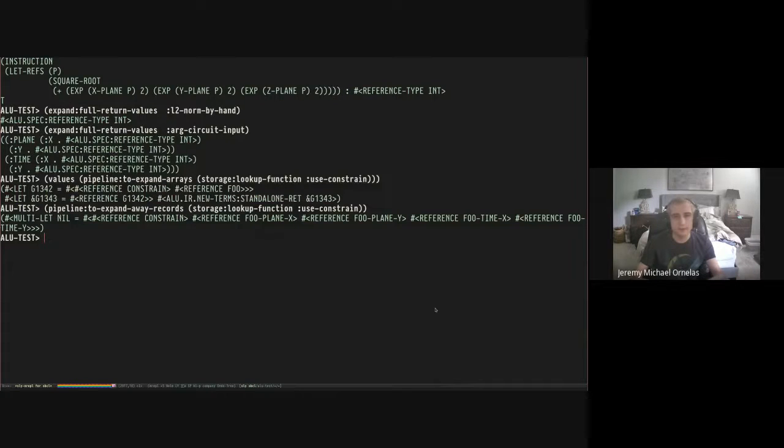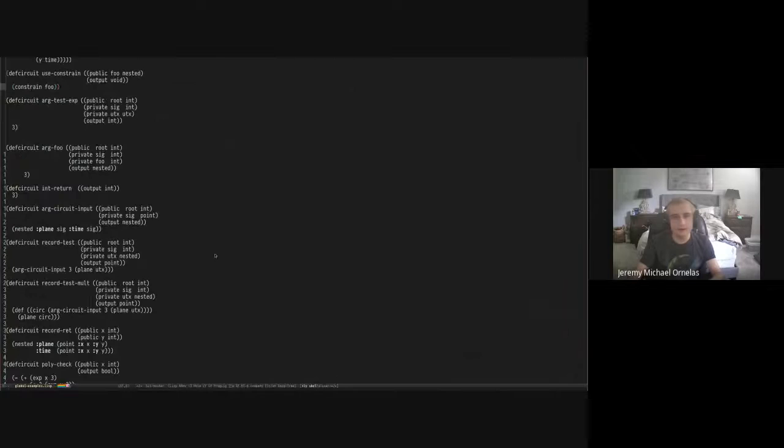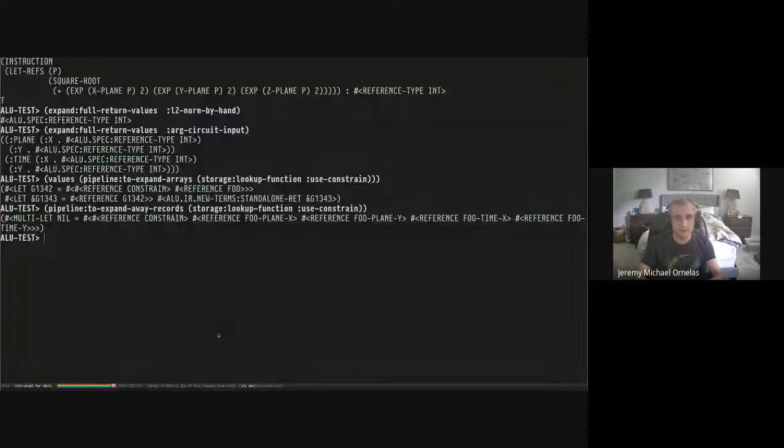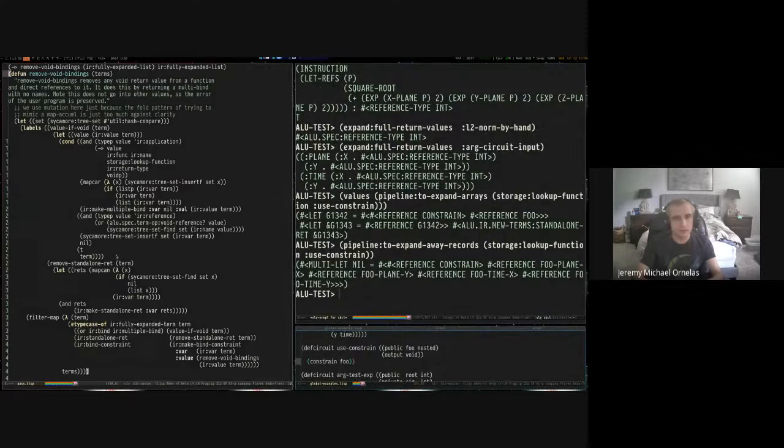Also, you notice that in this case, this actually shows off other expansions, because constrain takes a nested type. Foo is nested. We expand it fully in the application. So we actually get to see the behavior of, oh, hey, look, the expand argument literally does expand the argument into its constituents here. So you can see that at work. And we can also see that the remove void bindings just removes void bindings, which again, the type checker would help here. The type checker would tell us we have a void type, but because we throw that away,